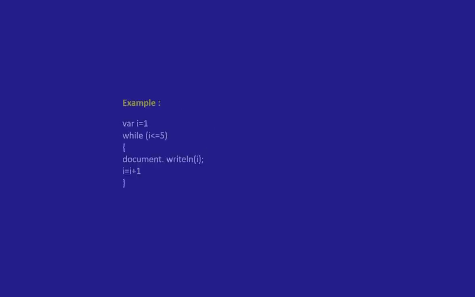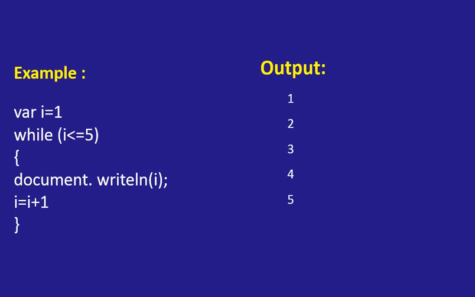Let's see how we can use this. The example: variable i = 1, then the while loop statement will start, and in the bracket you have to give the condition i <= 5. Once again we are going to print the numbers 1 to 5. The number will not increase once the condition is no longer true. In the curly bracket you can write document.write of variable i. So this will print the numbers 1 to 5, and the increment is given for i as i = i + 1, meaning 1, 2, 3, 4, 5, like this result you will get.